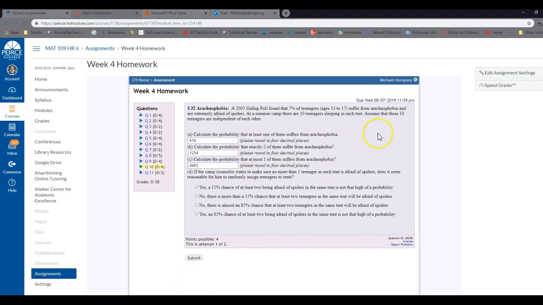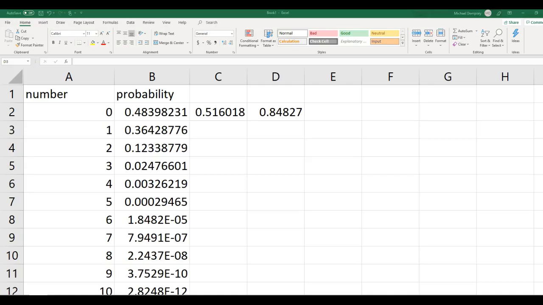Okay. So now a little bit more of a deeper dive. If the camp counselor wants to make sure no more than 1 teenager in each tent is afraid of spiders, does it seem reasonable for him to randomly assign teenagers to tents? Okay, so we want to consider what this is asking, right? If the camp counselor wants to make sure that no more than 1 teenager in each tent is afraid of spiders, okay? So no more than 1, right? Well, we just found